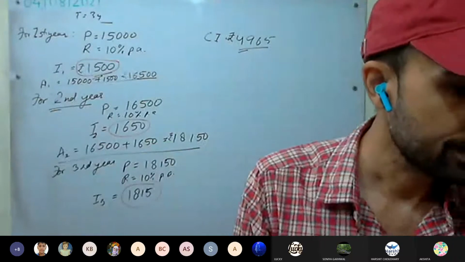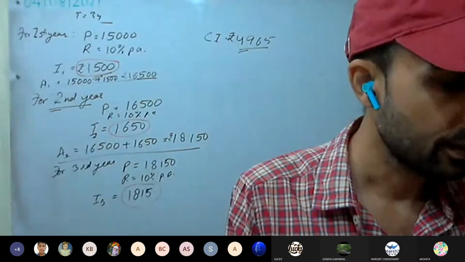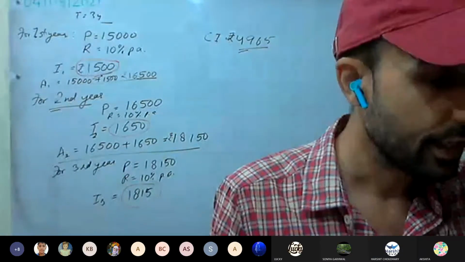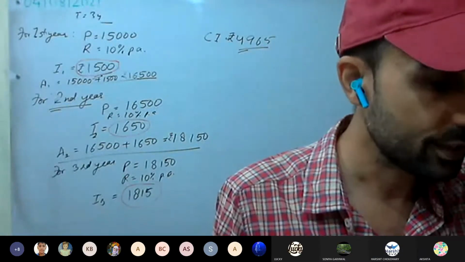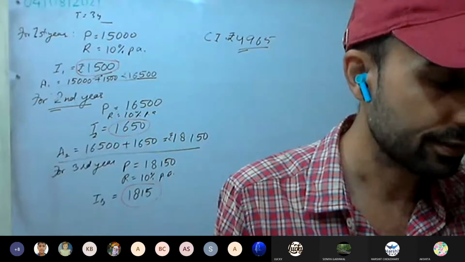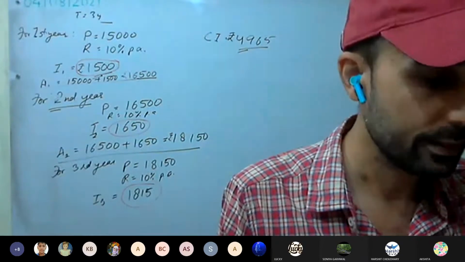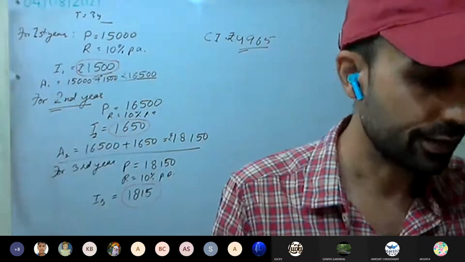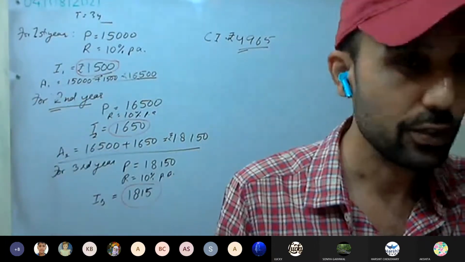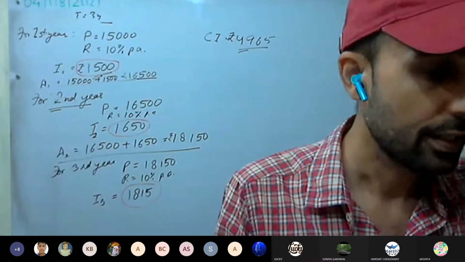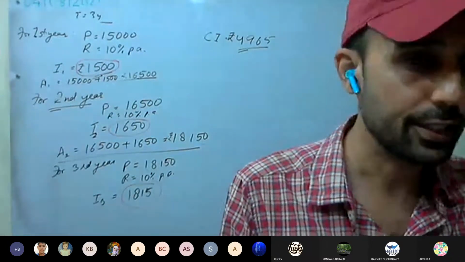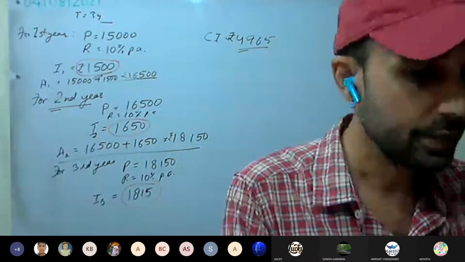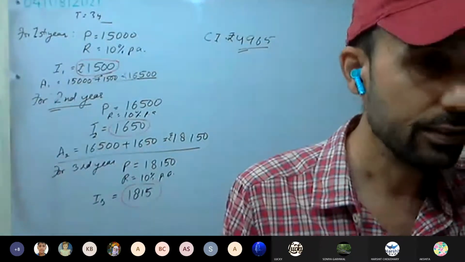Okay, see here, a little bit of a twist is there. Seventh we have to do, not 8th. 50,000 invested for 3 years at the rate of 8% per annum compound interest. What is the value of the investment after 3 years? That is the amount you have to calculate after 3 years. Okay, the seventh one you can do as homework. Everyone try the 8th one. So today there will be 2 questions as homework, the third and the seventh.